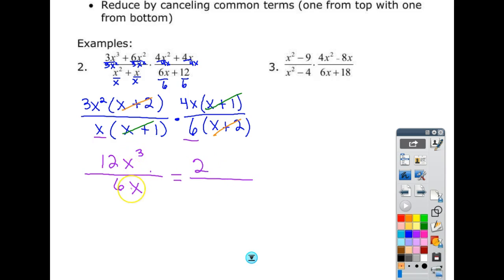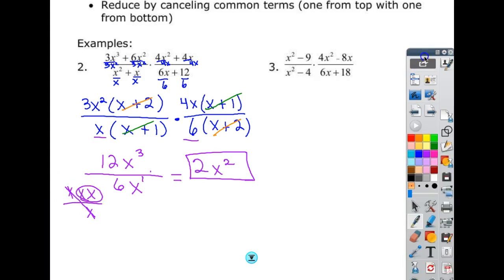And how do we handle the x to the third divided by x? You subtract the exponents. 3 minus 1 is 2. And so we have x squared. Where do we put it? In the top, in the numerator. If you get confused where to put it, stretch it out, draw it out like that. Oh yeah, my x squareds go on the top. Okay, so now